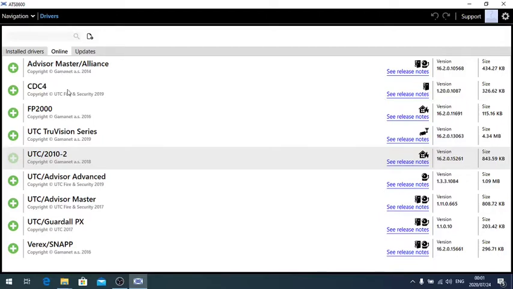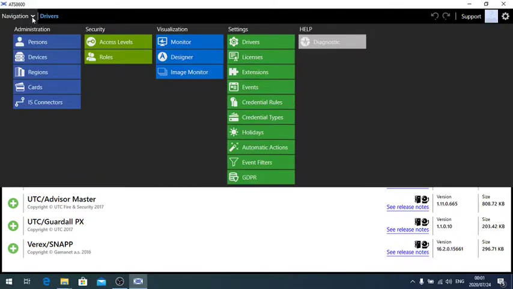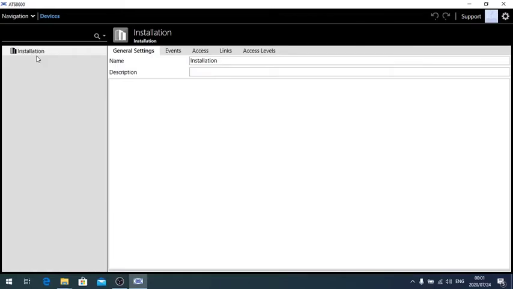Now let's see, there are some other panels you can install as well. You have FP2000 you can install. There's a TrueVision series. Whenever you need them, you can install them. Just double check that your license actually allows you to install them. Once this is done, we can go back to navigation and devices. Okay. Now we can go to external data and we can import it, but we first need to go to